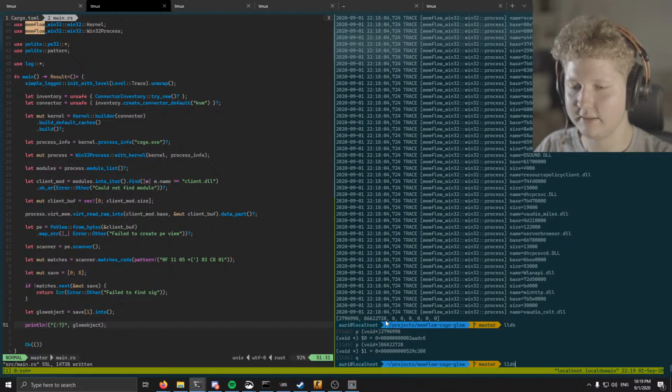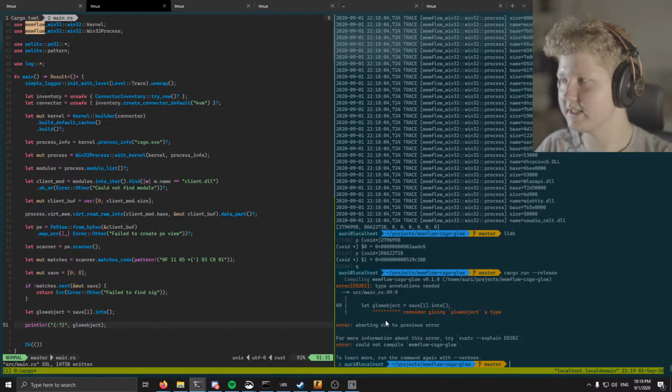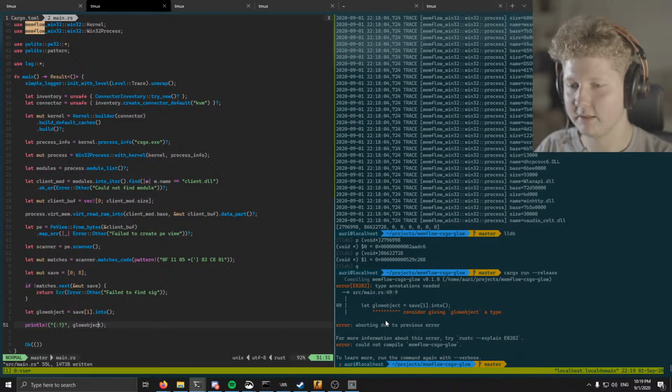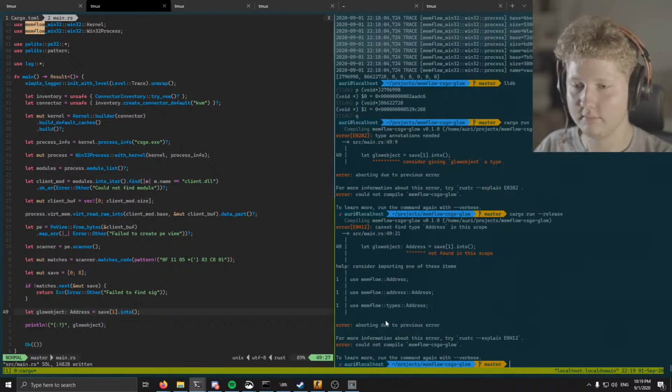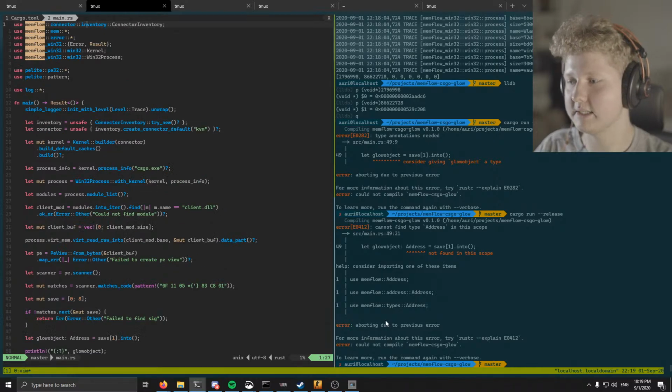Yeah, I was right for once. Given glow object a type, of course it has to be an address. And not found in this scope. Yes, because